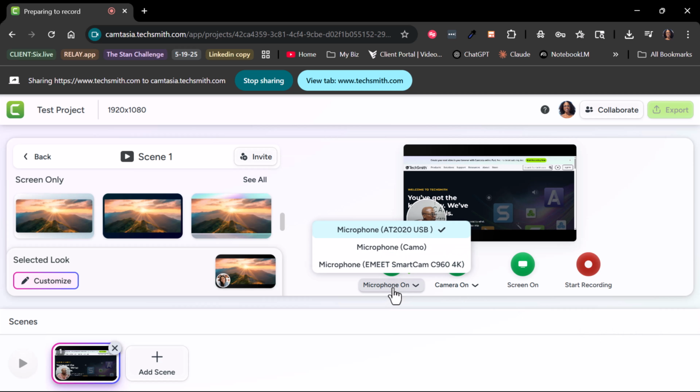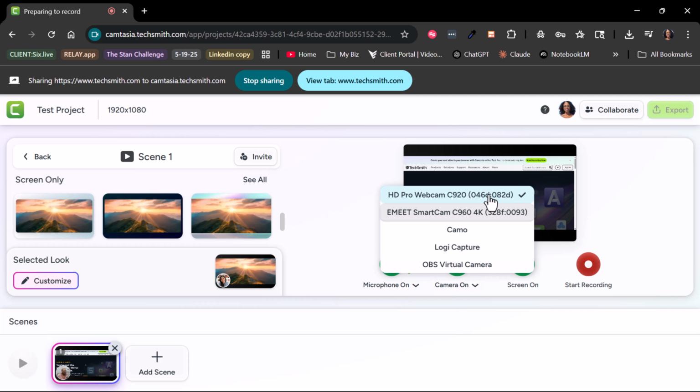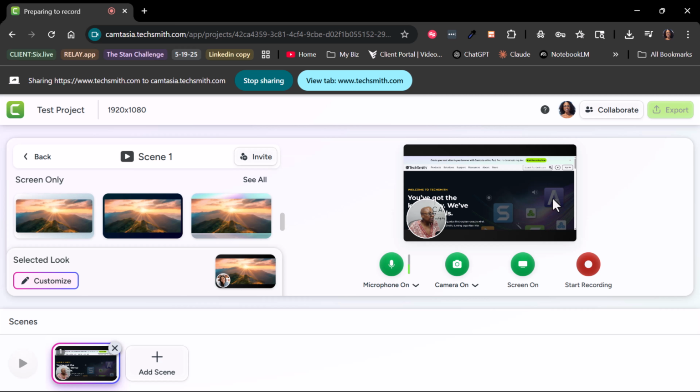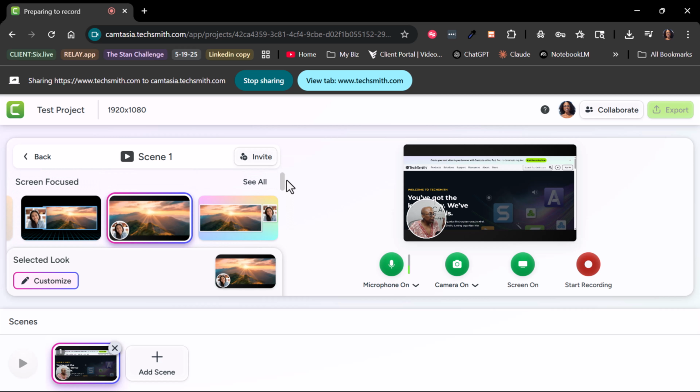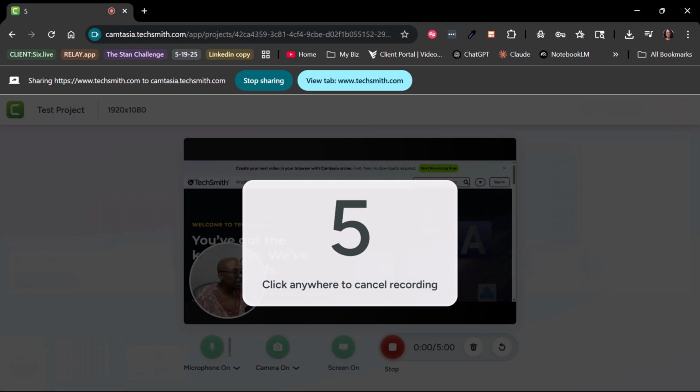If you need to switch out or confirm what microphone you're using, you definitely want to come under microphone on, camera on. I have two cameras. Right now, I am filming on this camera, Camtasia desktop, and this camera over here is using Camtasia Online. So once you have it set up, you can then start to record. But I will share with you that you can come back after you finished recording and change this layout all over again. So let's hit record to get started